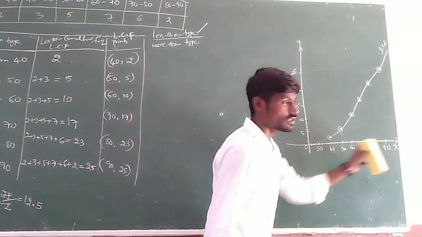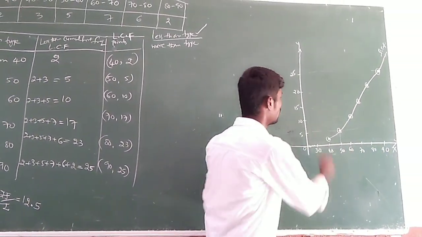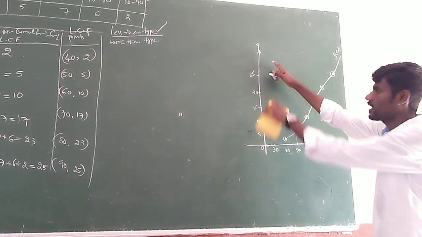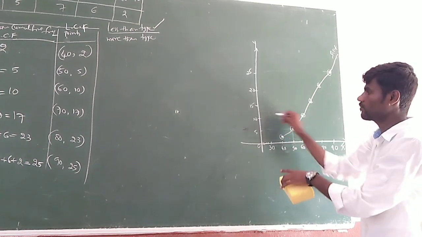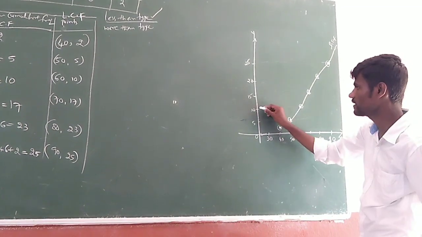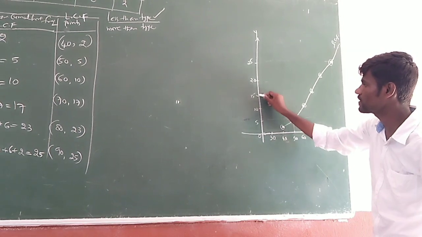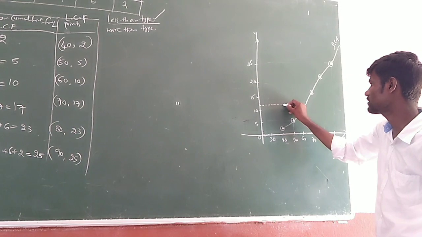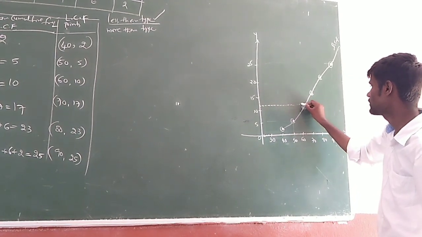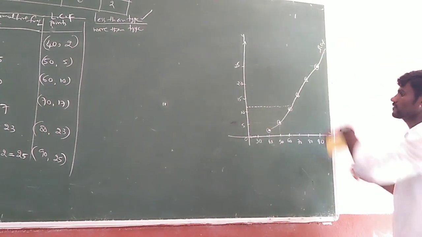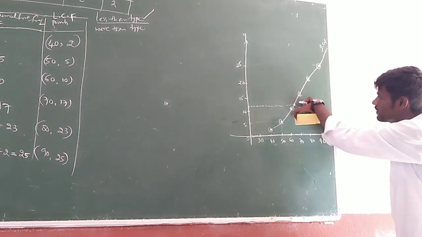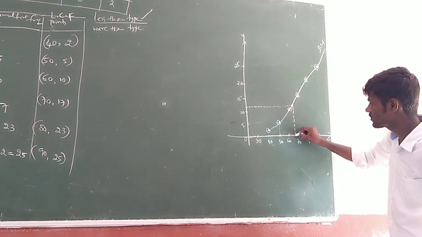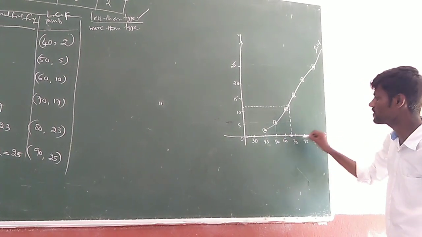On which axis have we taken frequency, on x or on y? On the y-axis. So on the y-axis, if you take 12.5 on the graph sheet, you will get exact values. Generally, 12.5 lies in between 10 and 15. If I draw a perpendicular from the y-axis to this less than type curve, it will touch at a point. Again from that point, take a perpendicular onto the x-axis.